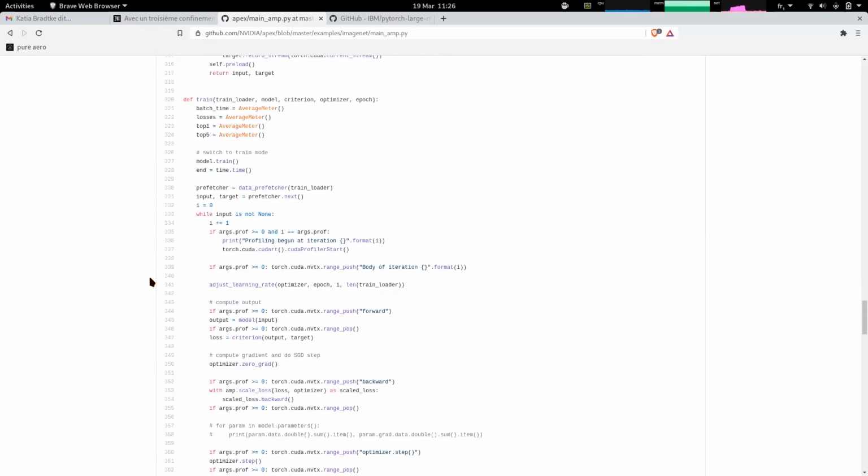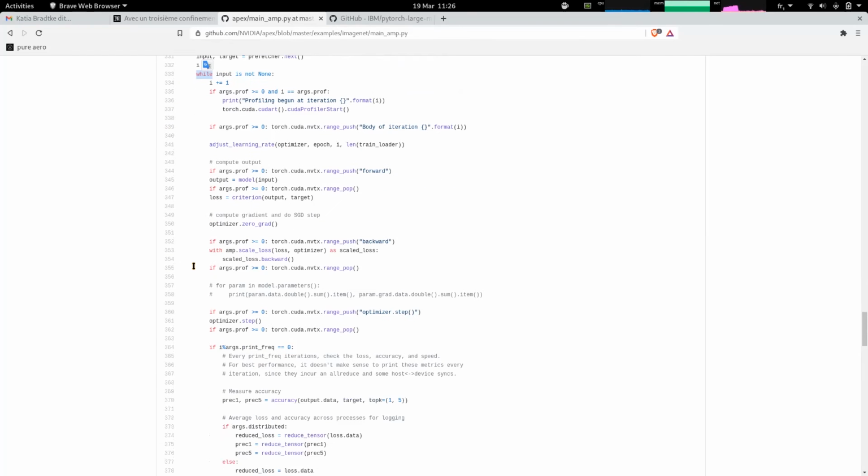And in the training loop here, you can see that usually you have a for loop, and they change that for a while loop, and everything looks the same actually.